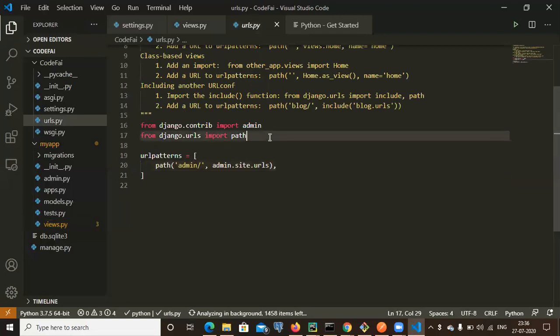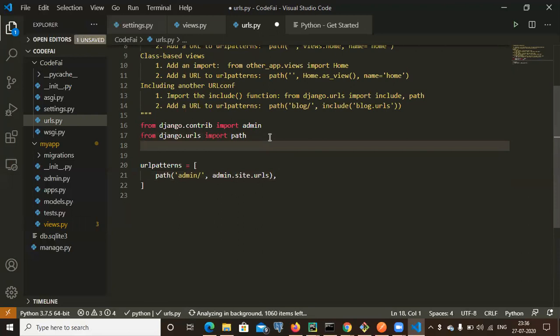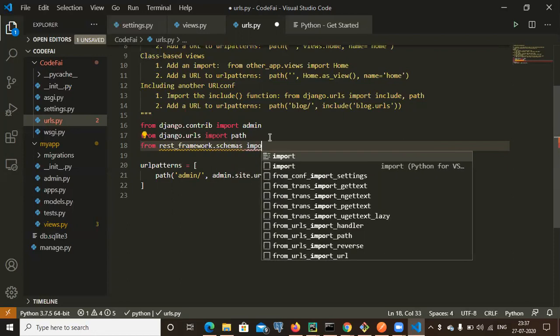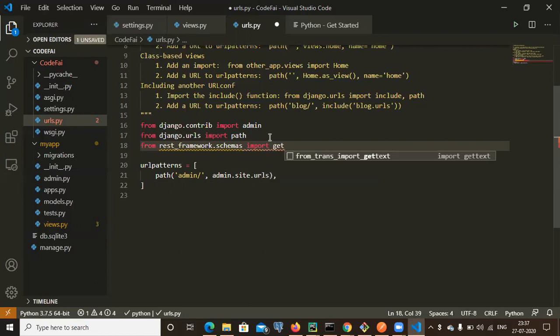I want to import some modules first. From rest_framework.schemas import get_schema_view.